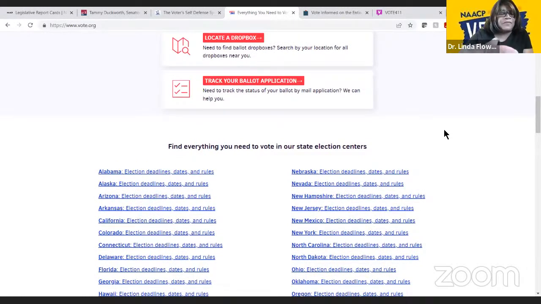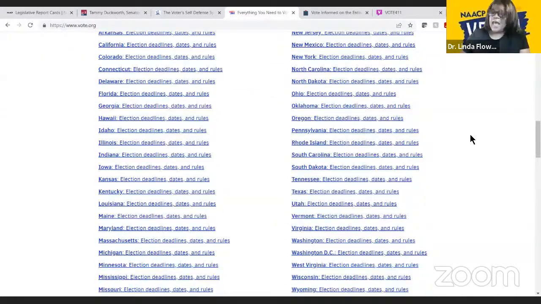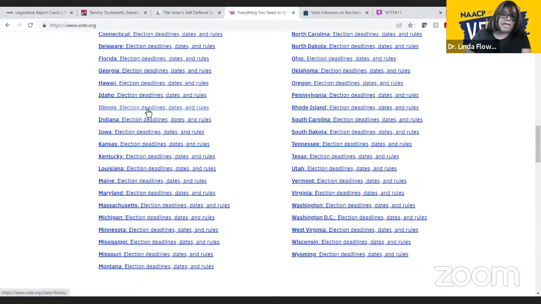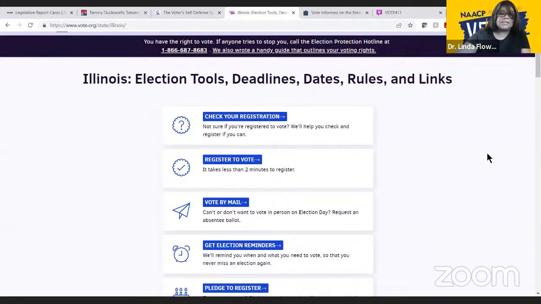And then if we go down, you have a list of the 50 states. You can pick your state and get all of the information that you want to find out about when registration ends, when early voting ends. So all the information here, all in one place. Let's move on to the next website,